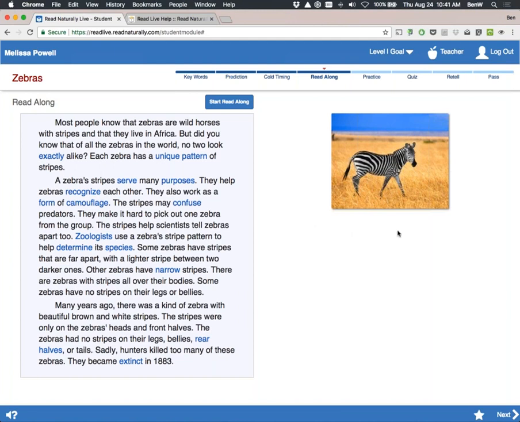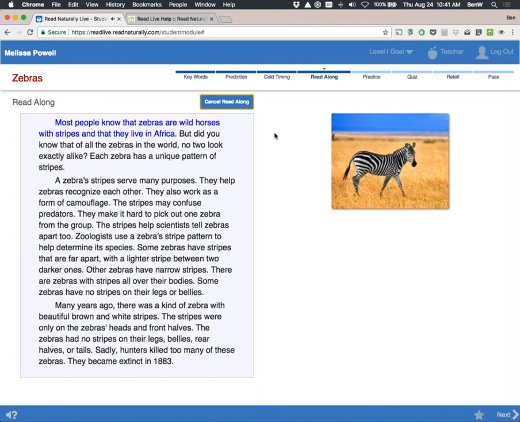Typically, there would be 3 read-alongs that a student would have to perform before the next button would be available. They would see 3 stars underneath the picture to identify whether they've completed a read-along or not. But I've changed our settings so that we don't have to sit through an entire 3 read-alongs. I just want to demonstrate what is happening on the screen and what the narrator sounds like. So I'll click Start Read-Along.